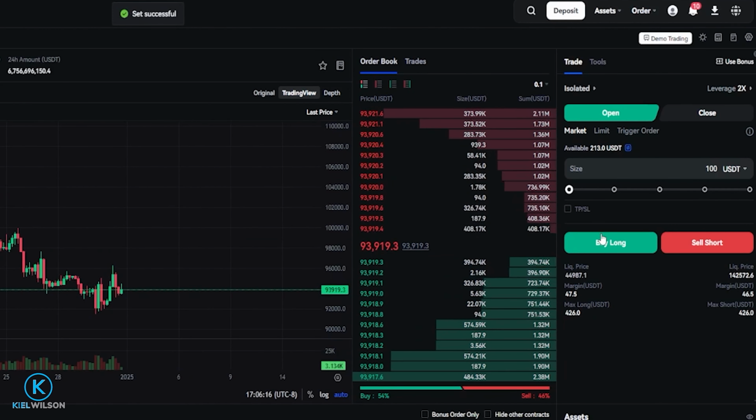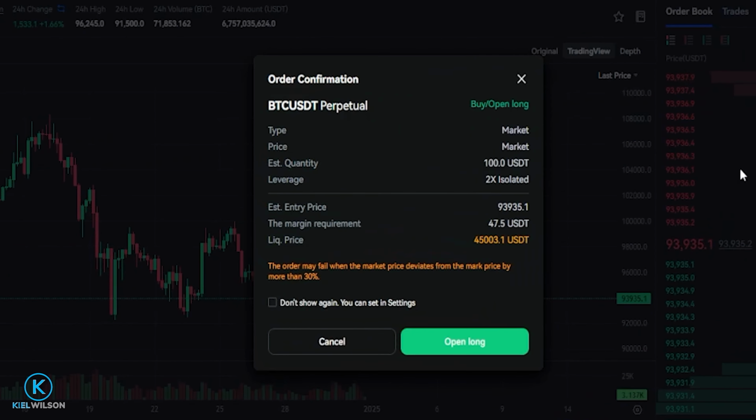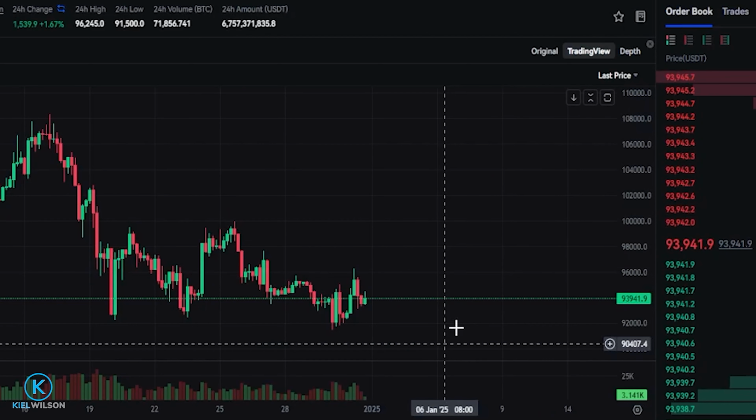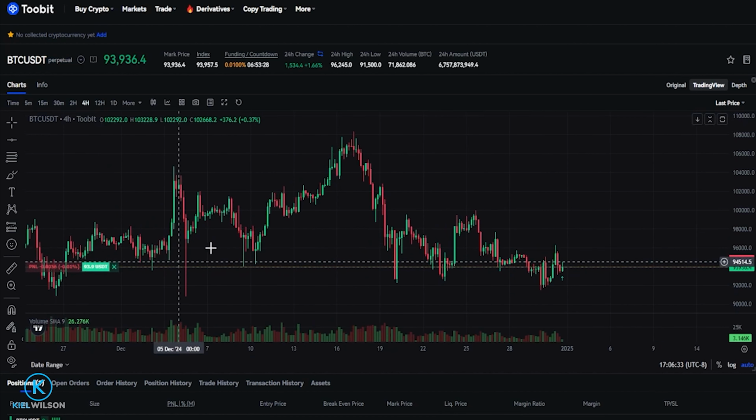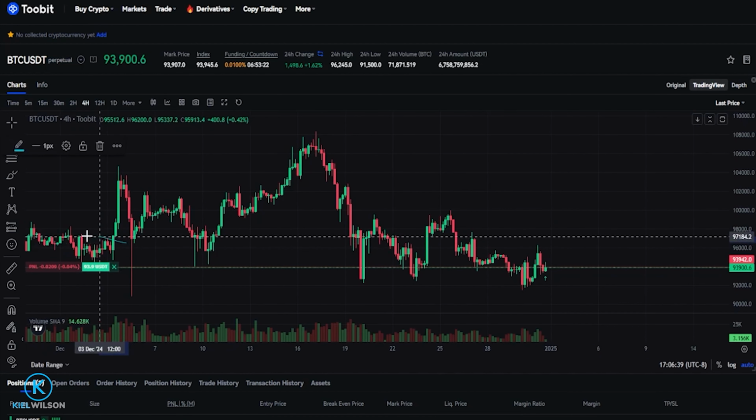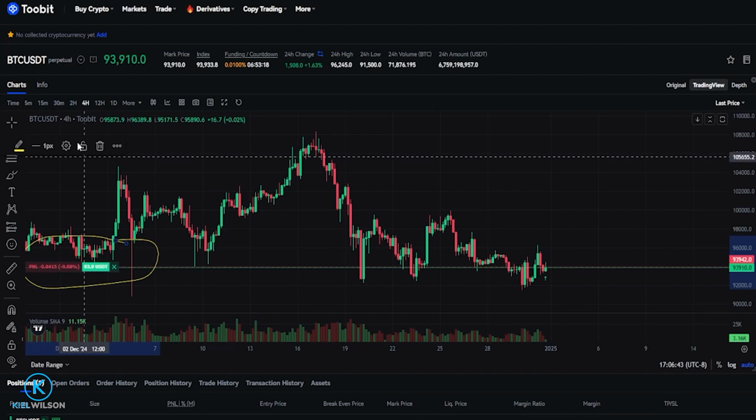Now let's come over here. I'm going to click on Buy Long. The details look as I intended, so I'm going to come down here and click on Open Long. And just like that, I opened a long position at the best available price off the order book, and that trade was executed immediately. If we come over here to the chart, you can actually see it in this box right here. I'm just going to go ahead and make this yellow,